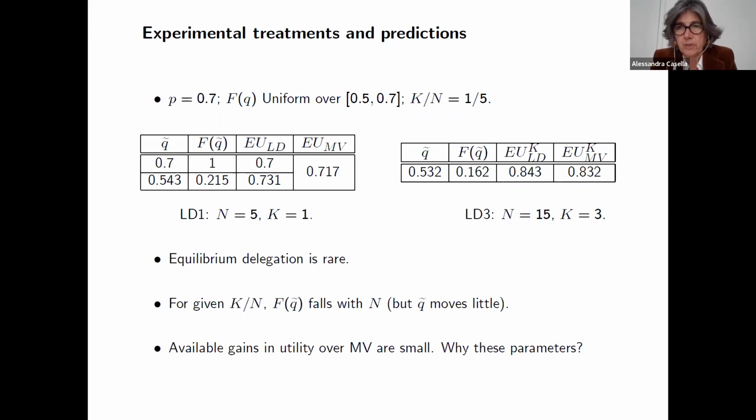I can tell you why we chose these parameters. Of course, if we were to push P very high, so if we make the distance between the precision of the expert and the non-expert much larger, the gains from delegation will increase. And vice versa, we can reduce it further if we were to contract the difference. But we didn't want to do that. We wanted to have our parameterization where we could see both directions.